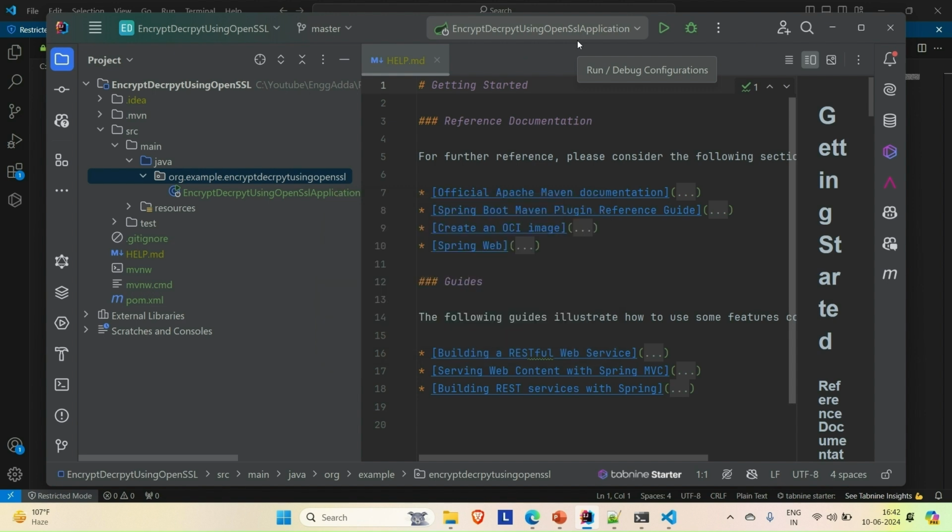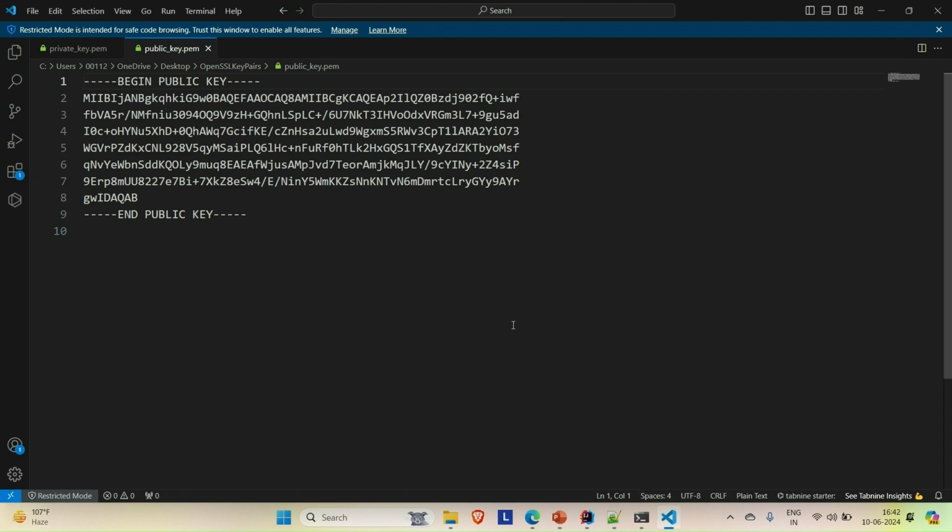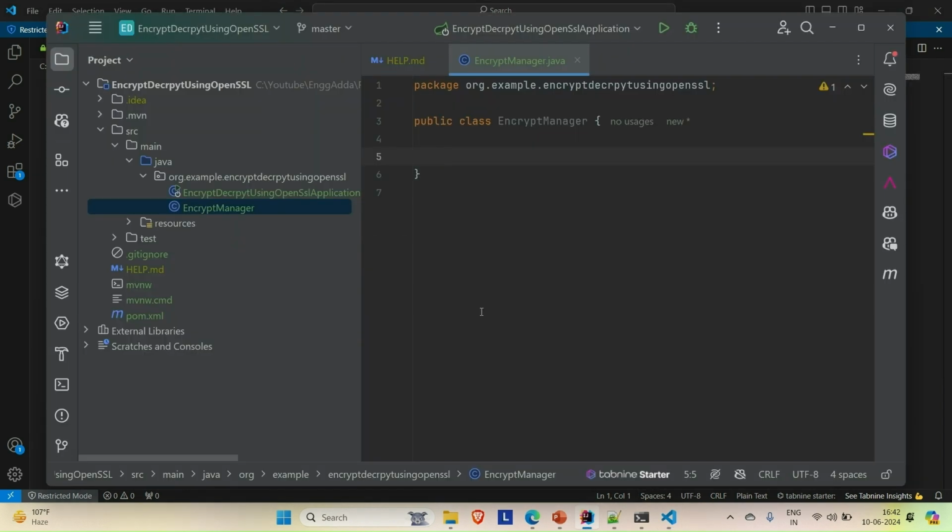Okay, and we are good. Now the first thing that we need to do here is extract out the actual key out of this private and public key that we have generated from the OpenSSL. So we need to extract out the actual key out of the keys that we have generated, and then we have to use that extracted key to